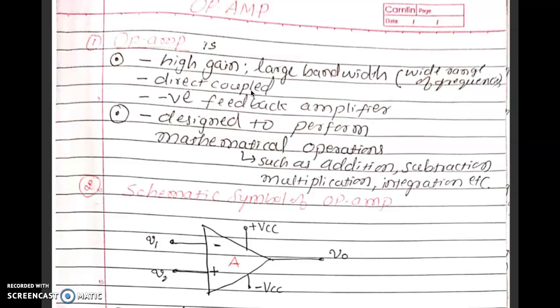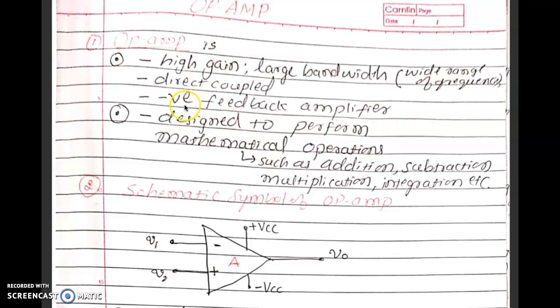In an amplifier, one stage is not sufficient. We are going to couple so many amplifiers connected to each other. While connecting one amplifier to another amplifier, sometimes we use a capacitor, or we couple the amplifiers using various different components. But in case of op-amp, it is directly coupled. Output of one amplifier is directly coupled to the input of the other amplifier. So using a multi-stage number of amplifiers, we are going to construct the op-amp.